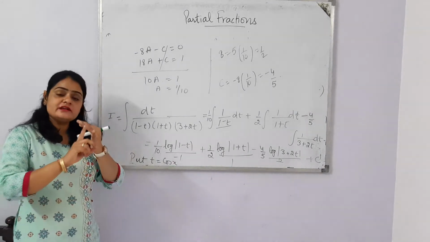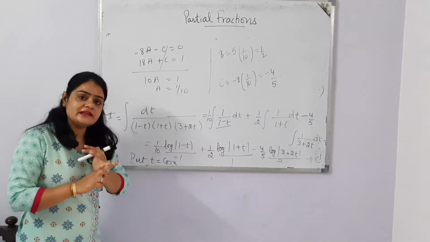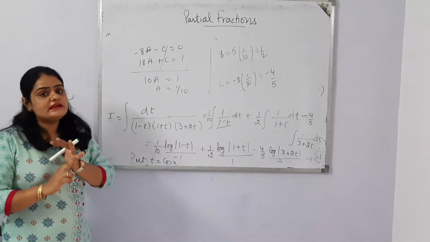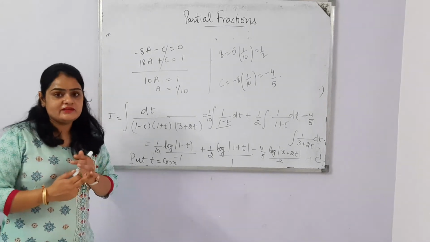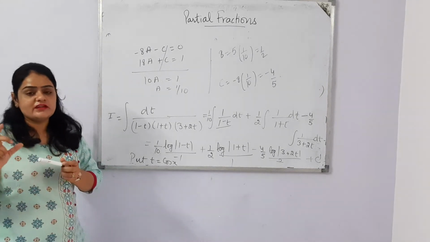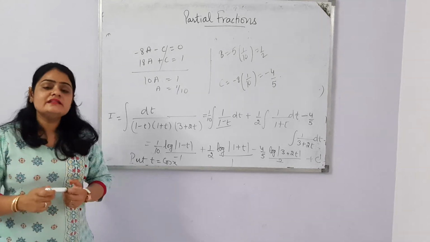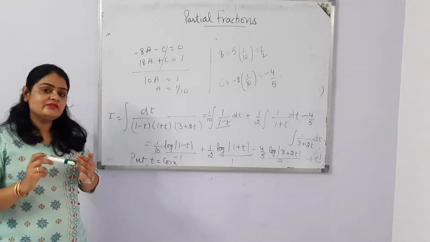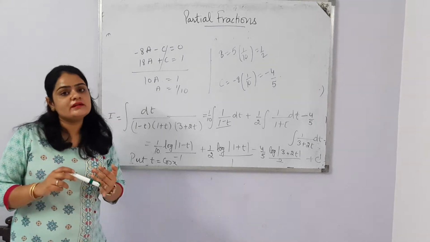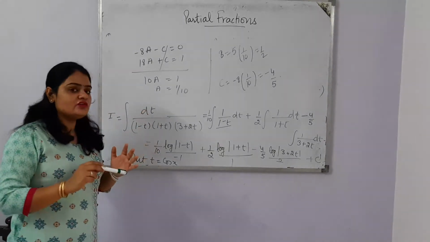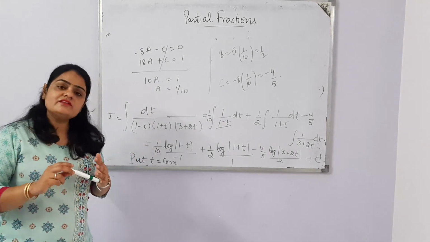We already did two criteria: one was when the linear factors were different, another was when the linear factors were repeating. The third one is when we don't have a linear factor, that means whenever the variable's power is more than 1. In that case we have factors, but that factor is not linear. Linear means whenever the variable's power is 1. But in the next question you will see that the variable's power is greater than 1.